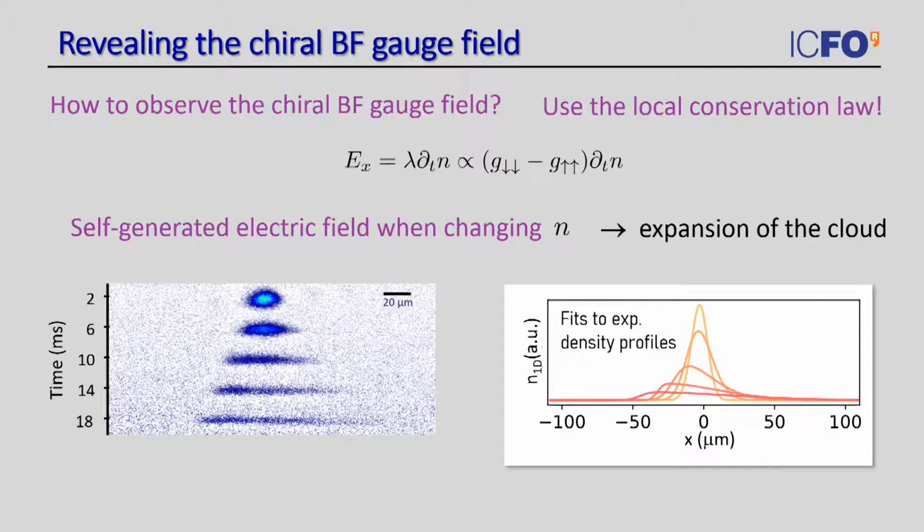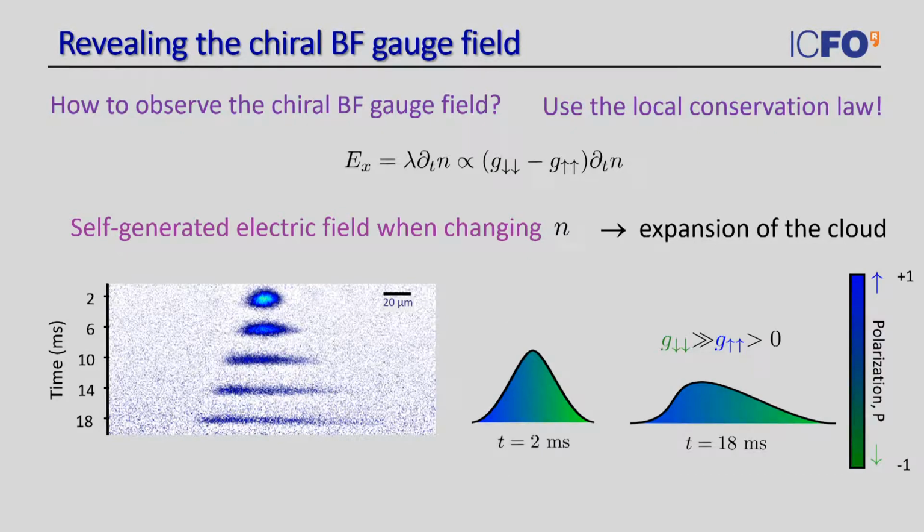So we see that while the system initially has an isotropic shape, when it starts to expand, it actually develops a very weird shape, like a tail to one of the sides. And you certainly already can see it in these images, but if you just take integrated density profiles and do a fit of them, this is what you get, where you can even more clearly see this tail to the right. So what is happening here? Why do we get this asymmetric density distribution? Actually, microscopically, what is happening, we understand it very well.